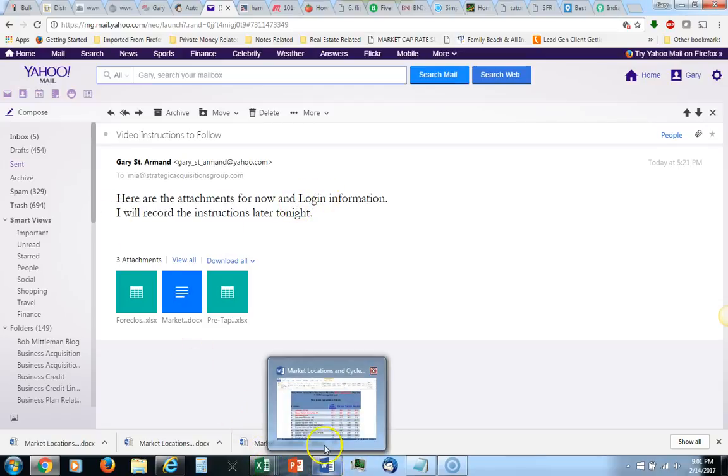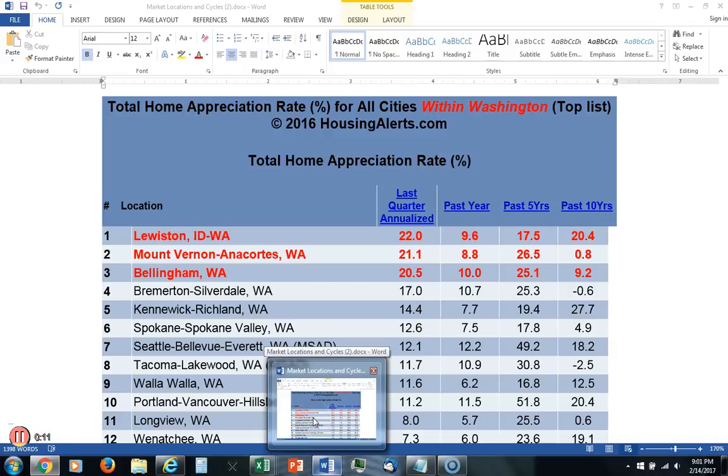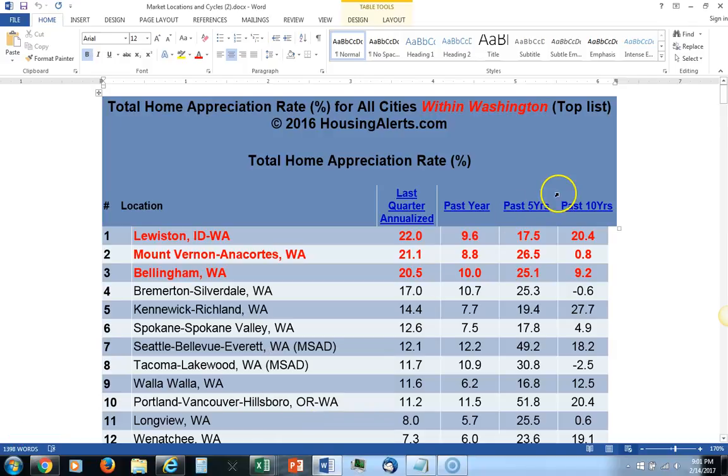I've opened up the 3 attachments to basically show you what I want you to do for me. I have about 9 pages here from a software that we have called Housing Alerts. And basically what we have here are a number of cities. Housing Alert is basically looking at this information here. It tells you which homes are appreciating. What I want you to do is to go through here